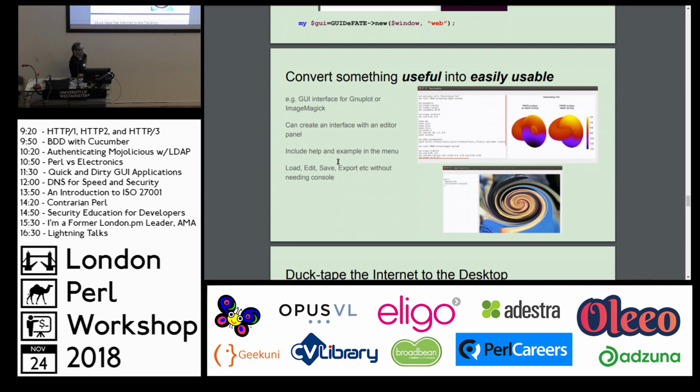What it does is it allows you to turn something useful into something usable. For instance, GNU plot is a very useful application. It's a command line tool, and there aren't many GUI interfaces for it, at least in Perl. There are, I'm sure. But here you can do it in a few lines of code. In less than 100 lines of code, you can create a graphical application that allows GNU plot to work. ImageMagick is a huge application with over 156 functions in it, and to use that in your application,